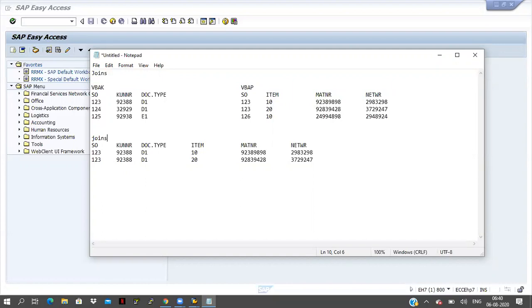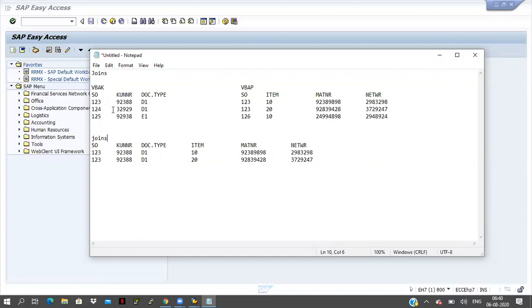Now I don't want to do all those things. In a single select query only, I want to fetch everything. If you want to do it like that in a single select query, then we have to go for the joins concept. The joins concept means it will pick the data from both tables. Not only two tables, you can take 3 or 4 tables also.